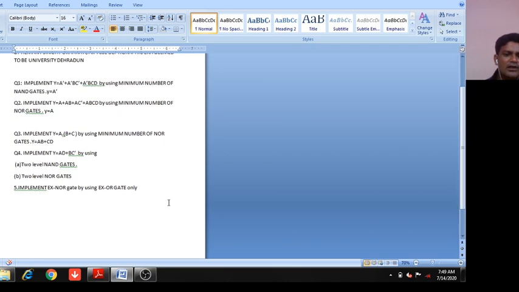Next, 2 level NAND gate. In this case, while you implement using NAND gates, you have to remove this plus. So replace this plus OR gate by a bubbled NAND gate, and this complement by a common input NAND gate. And in case of 2 level NOR gate, you will implement this AND gate and this AND gate, A dot D and B dot C bar. So you have to remove the AND, so replace the AND gate by a bubbled NOR gate, and similarly the complement by a common input NOR gate.